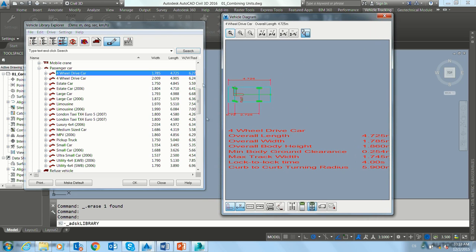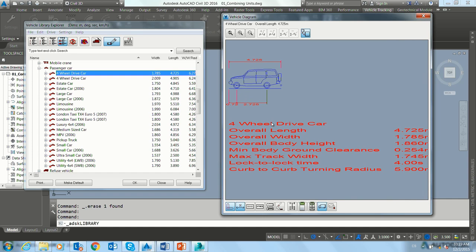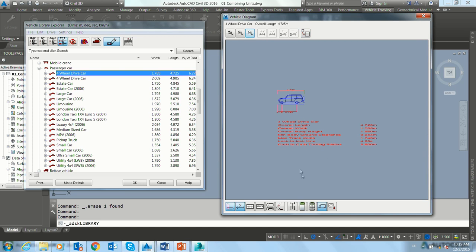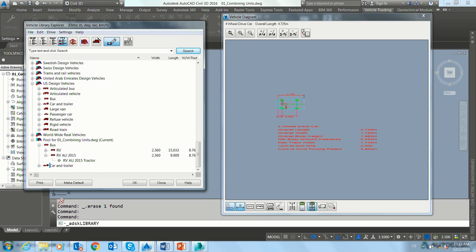Here, by the way, you have the diagram, and you can quickly have a look at how this vehicle looks and what some of the parameters of this vehicle are. Me personally, I prefer to show only plan view with parameters, and then I can simply drag and drop it over this